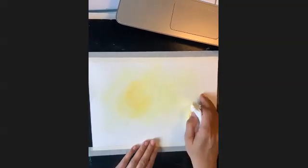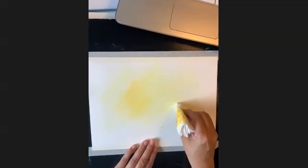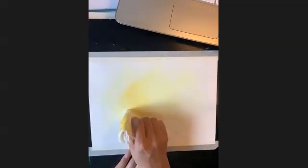So rubbing it, creating a very deep yellow on one side. So we have two colors on the white paper now. On our watercolor paper, we have light lime yellow and we have a little